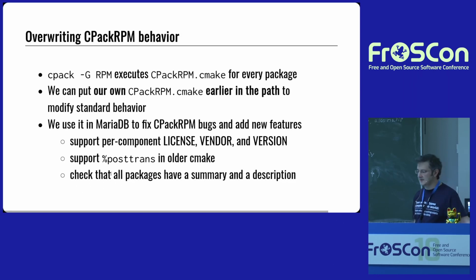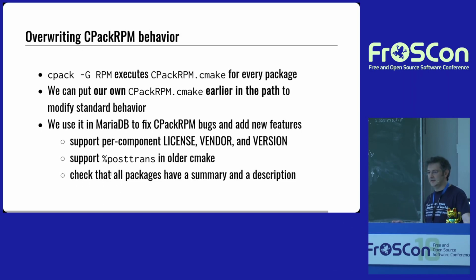It's a standard file that comes from the CMake installation, installed in /usr/share/cmake something. This file looks into all the variables that I've shown, CPACK_RPM_something, and generates a spec file. What we can do, and what we are actually doing, is create your own CPackRPM file and